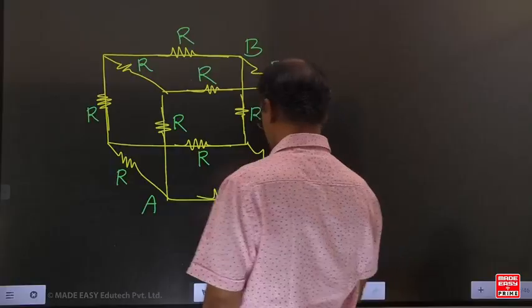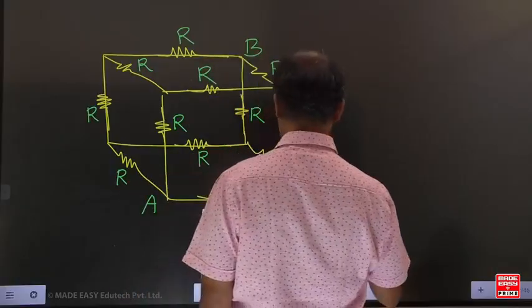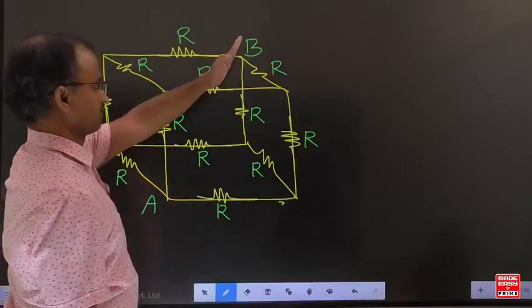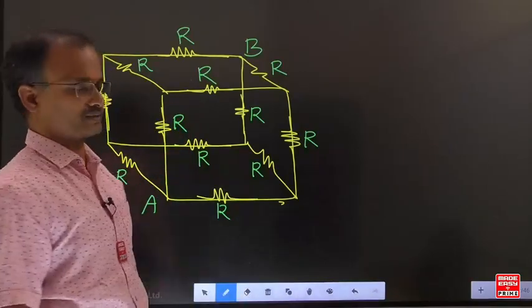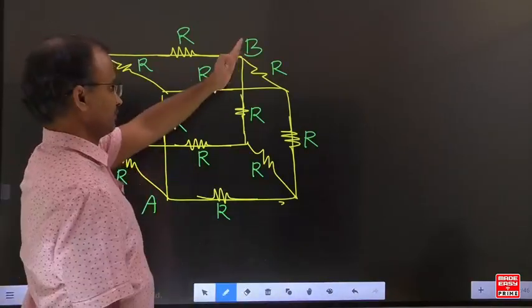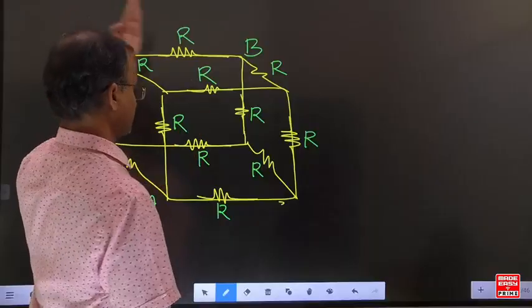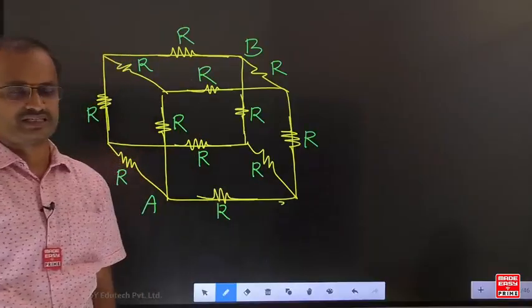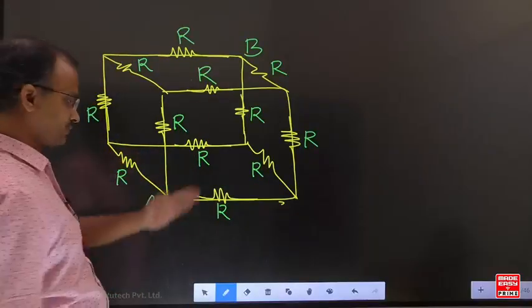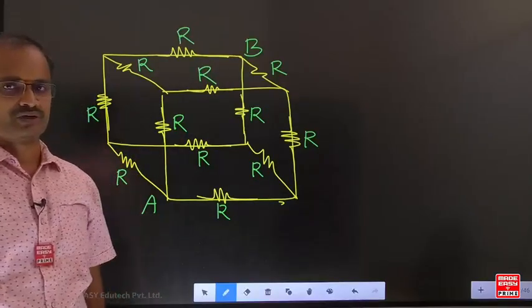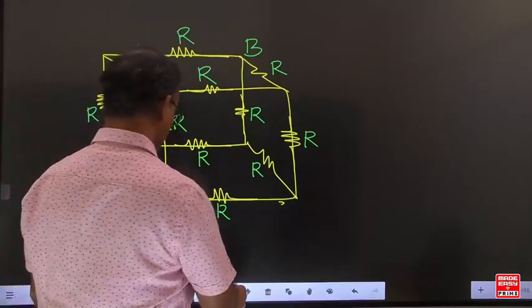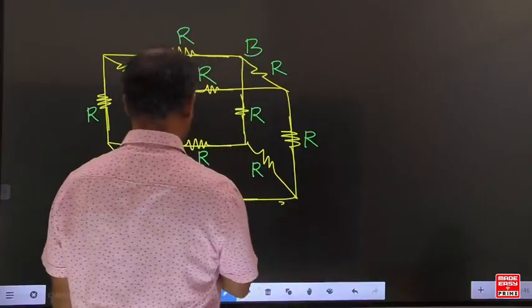Now observe, in this particular example, इधर देखिए. If you are looking at the AB points here, upper section and lower section both are exactly identical. If you are looking at the AB points, this upper network and lower network both are exactly identical. Symmetry is satisfying. आप इधर AB points से देखें तो upper one and lower one both are exactly identical. Symmetry is satisfying. जब symmetry satisfy हुआ तो with respect to AB points,